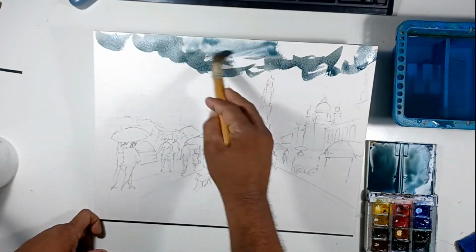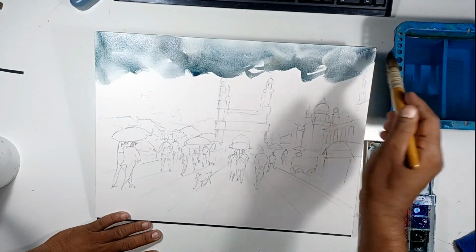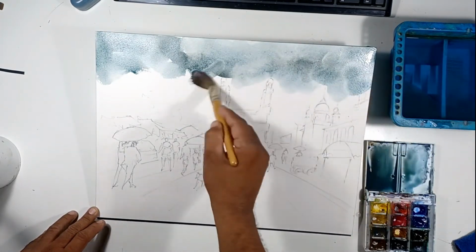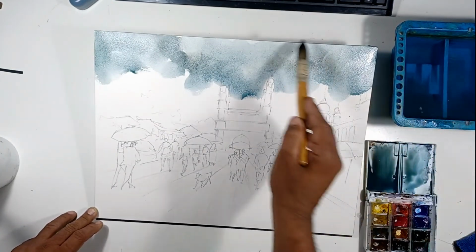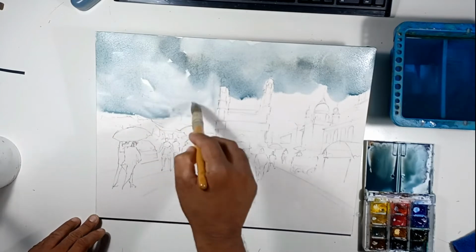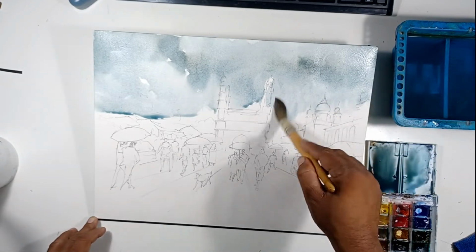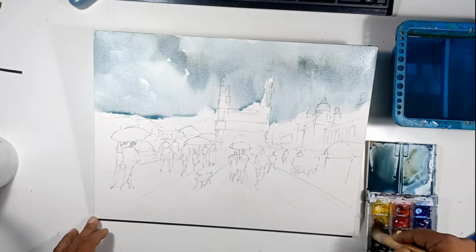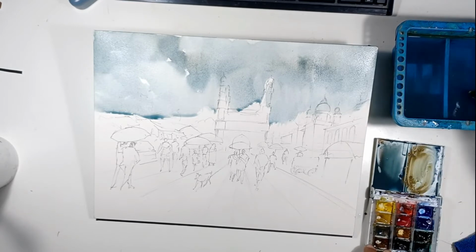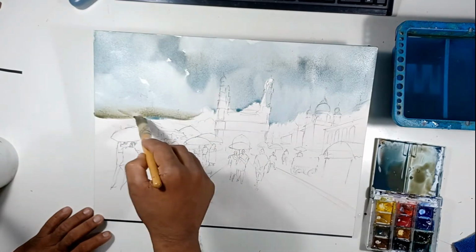and I will just let it come down. So first and foremost I'm putting a very dark grayish kind of color, and then I'm letting it come down. Let it flow. Then while we are going down I'll mix more yellow ochre and a little bit of burnt sienna to the same color and make it a little more warmer, and then I will come down,